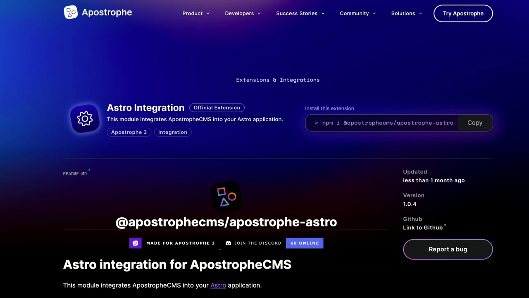I'm not going to go into every feature of this module in this talk. I'm just going to cover how to spin a project up and accomplish some basic tasks that you would normally do in an Apostrophe project. Remember that we're mostly just using Astro as a front end, so the vast majority of module configuration functions are going to be normal. Configuration functions like methods, handlers, and routes are all going to be the same.